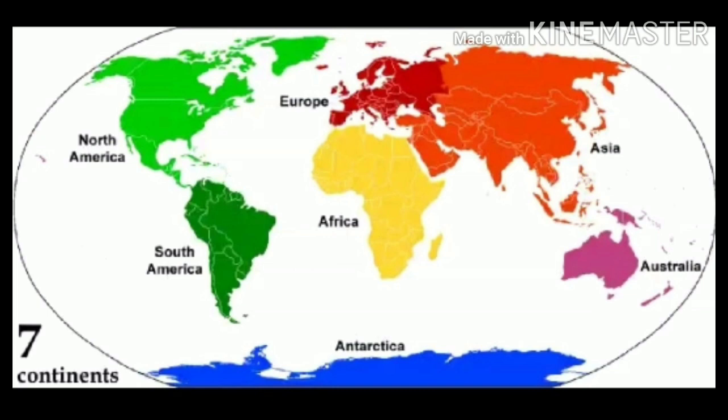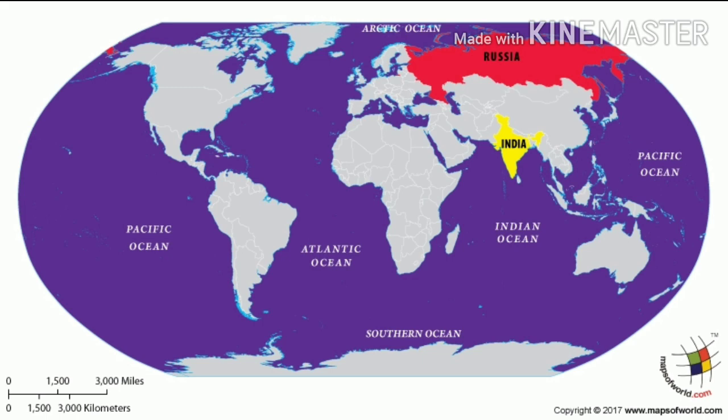Okay. Our country India is the 7th largest country in the world by area. Landmass of India has an area of 3.28 million square kilometer and India's total area is about 2.4% of the total area of the world. Okay, and this is the 7th largest country of the world by area, and first is Russia, then Canada, then USA, then China, Brazil, Australia, and our India is the 7th largest country in the world by area.